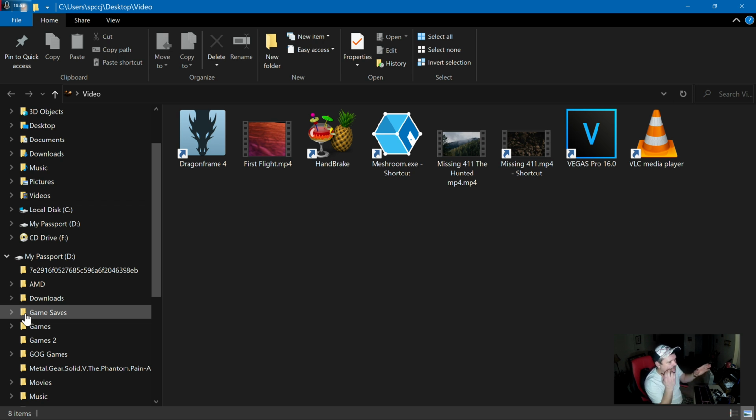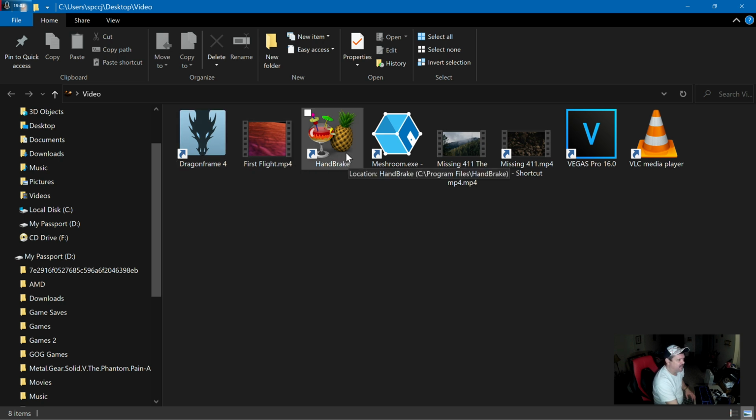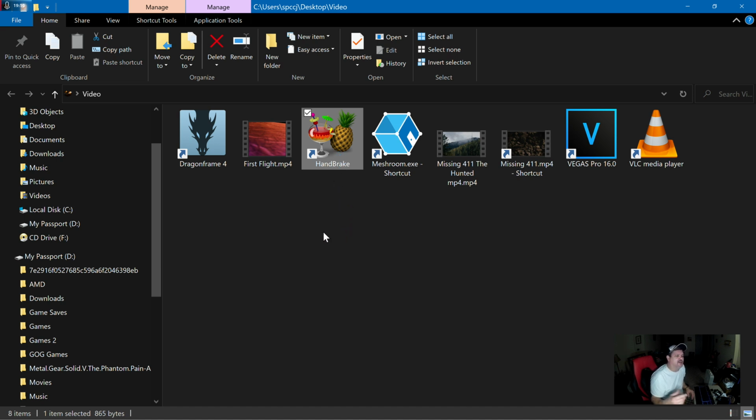You want them in their respective folders and places under program files usually, and then just create a shortcut for them. So here's Handbrake here, and Handbrake is super helpful because it'll convert AVI files into MP4s,